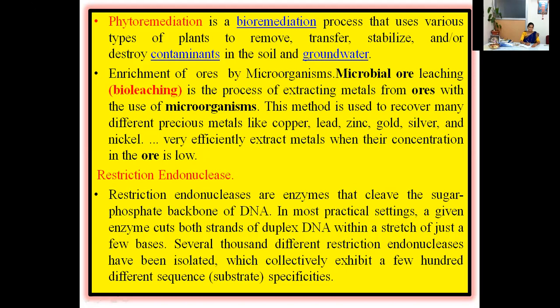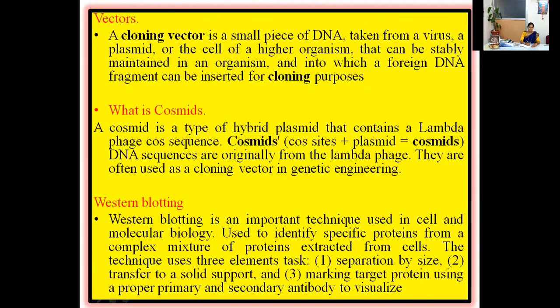Okay, in restriction nuclease enzymes, we have different types, and these enzymes recognize specific sequences. What kind of specific sequences? Palindromic sequences, which read the same nitrogenous bases from 5 prime to 3 prime or 3 prime to 5 prime, that is both backward and forward you are going to get the same arrangement of the nitrogenous bases, known as palindromic sequences.